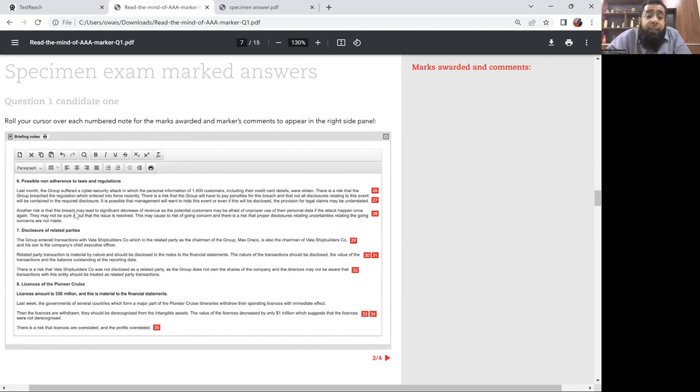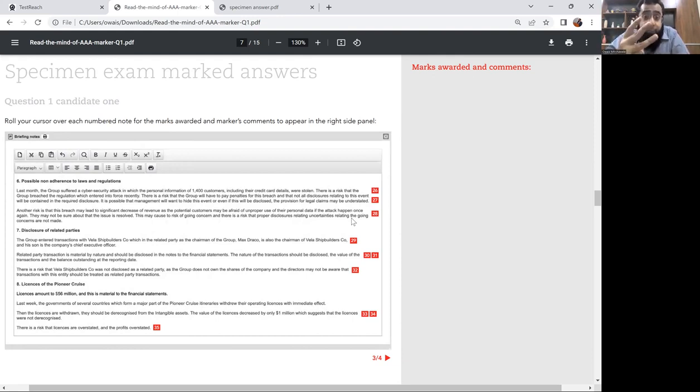Another risk is that the breach may lead to a significant decrease of revenue, as potential customers may be afraid of improper use of personal data if the attack happens once again. They may not be sure about the issue being resolved. This may cause a risk to going concern, and there is a risk that proper disclosures relating to uncertainties relating to going concern are not made. So if you remember, we discussed this risk in the previous class, that in relation to cybersecurity,